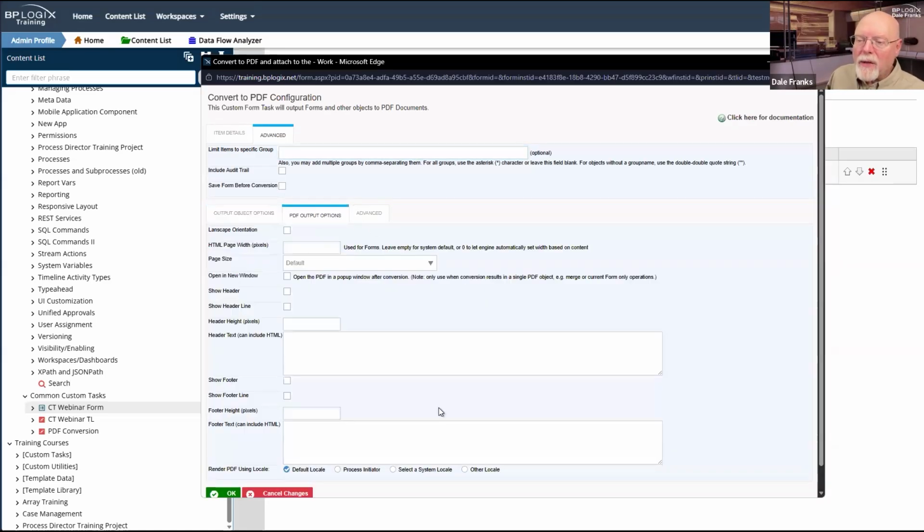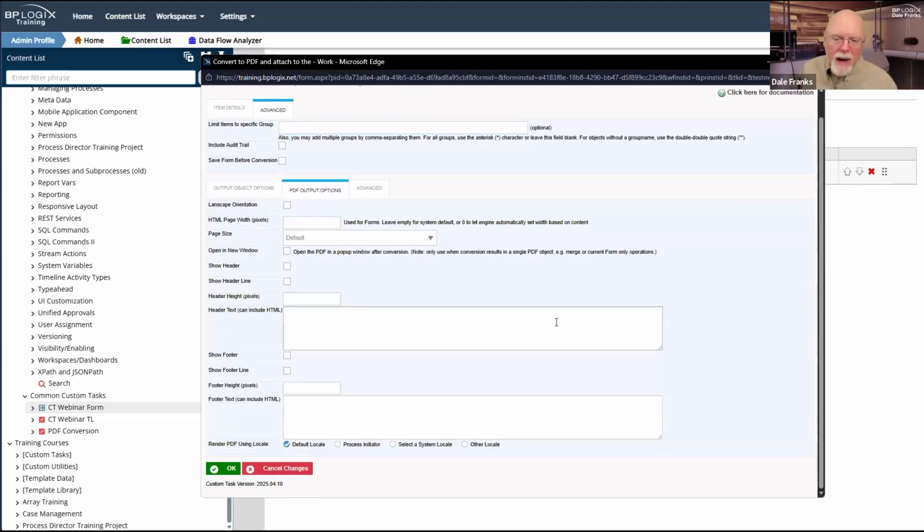So the other thing, PDF output options, these are largely formatting options. You can set HTML page width, you can configure headers and footers on the PDF pages that get created. Most of the time, people just elide past this, but you do have a lot of options for how you want your PDF documents to look, including headers and footers. Now, I do note that we do have some customers who always throw in header and footer text that says, this is converted to PDF on current date, and they just have some annotations. So it's useful to do that.